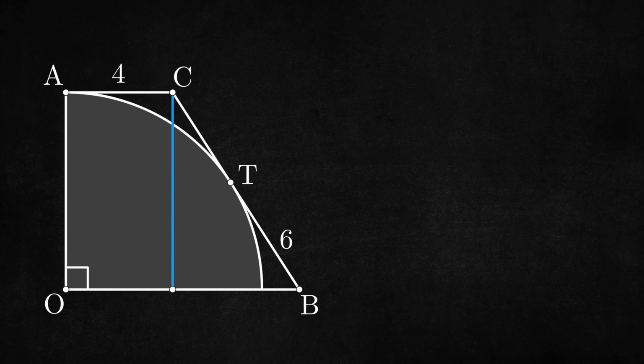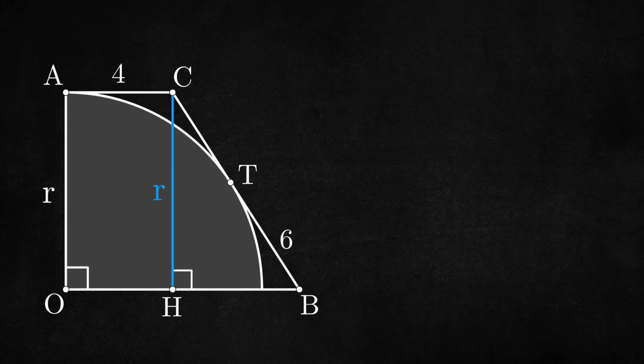Start by drawing a vertical segment from point C towards the side OB. This segment is perpendicular to side OB at the point I'm calling H. So if we let R be the radius of the quarter circle, then segment CH must also have a length